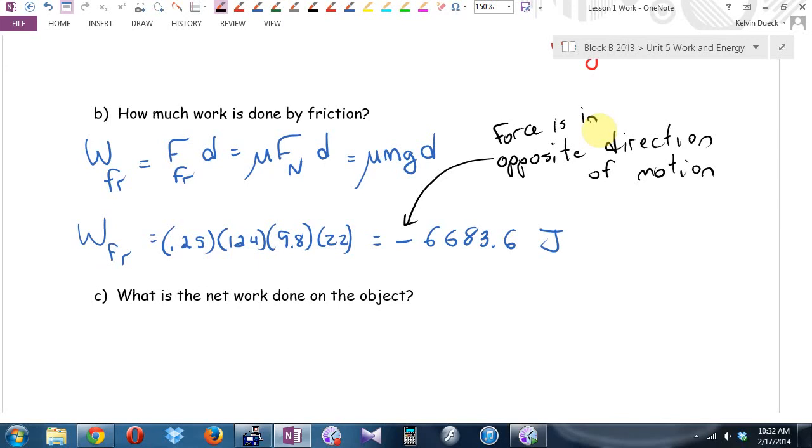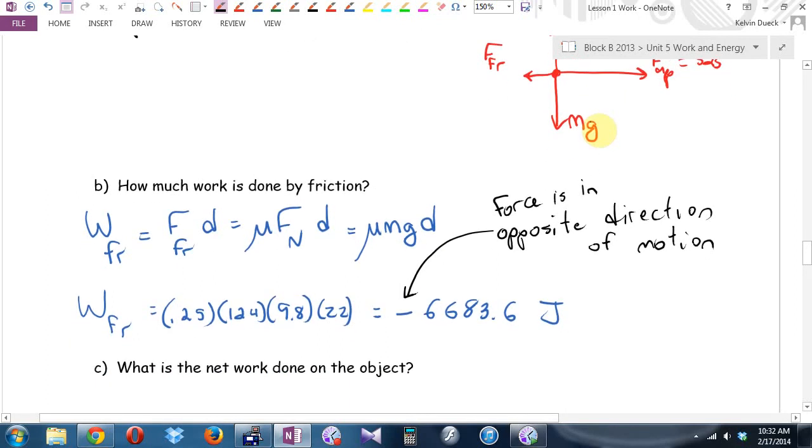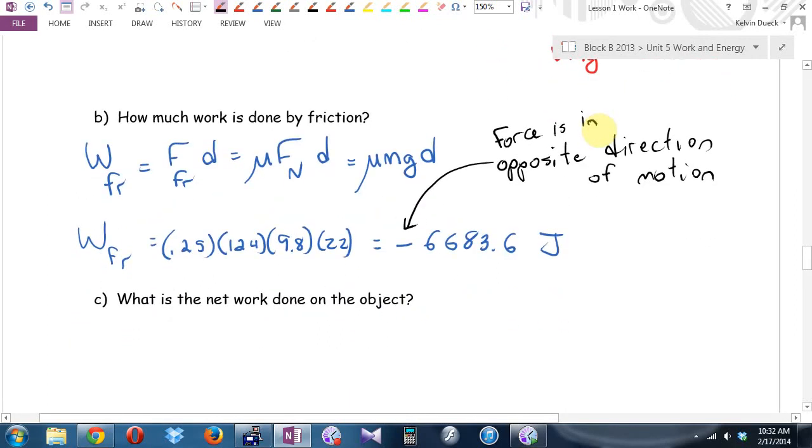Now, you added 11,550 joules of energy. You did that much work. But 6,683.6 of that went into overcoming friction. Whatever's left is the net work that went into the object itself. How could I figure that out? Well,